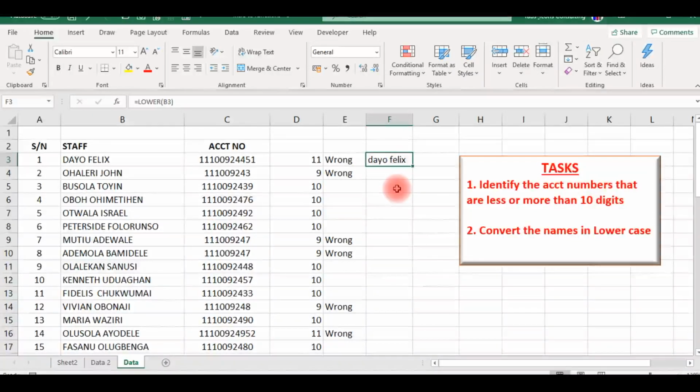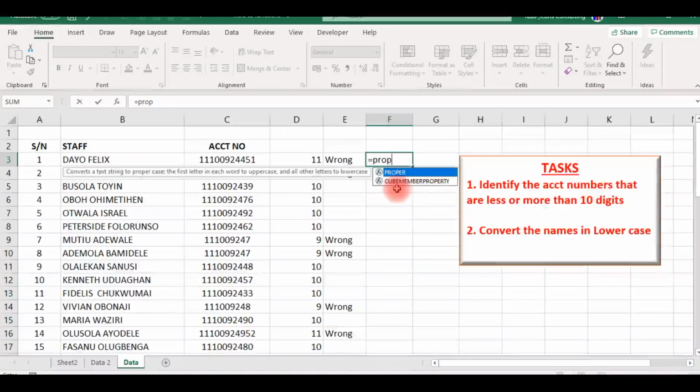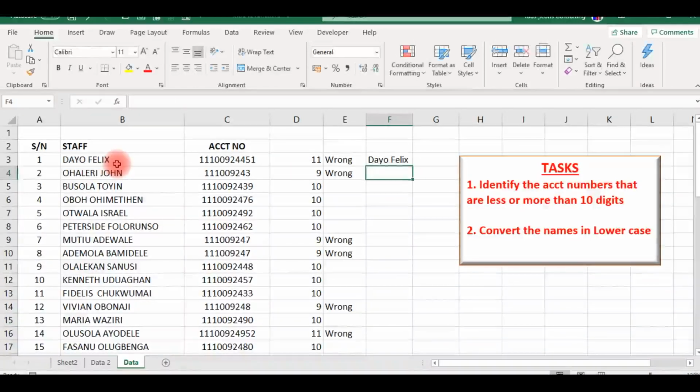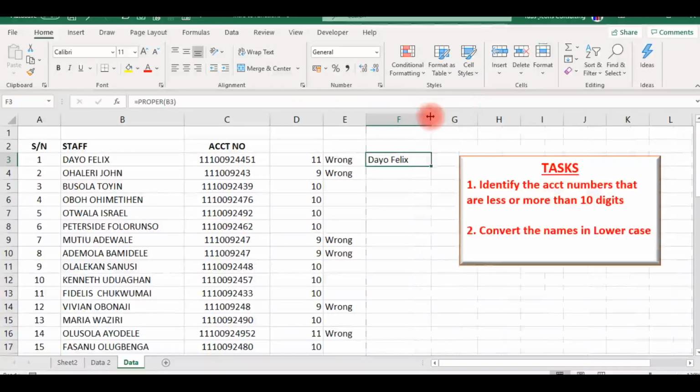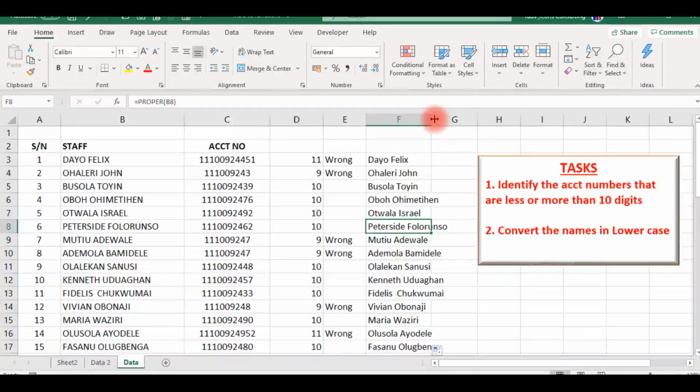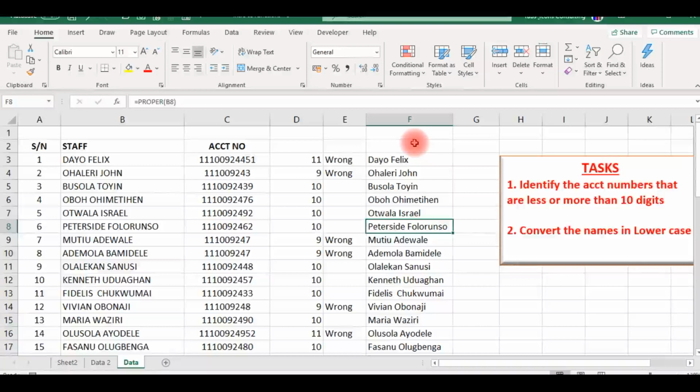We're going to use a function called proper, and what proper does is it converts into lowercase but leaves the first character as uppercase. So I'm going to say equal to proper, and it's requesting us to show the text, and this is the text, and I press enter. Now you see it's converted everything to lowercase except the first character of each word, and I copy down, and this is my work. So I just come here and put a header here, and that's all we have to